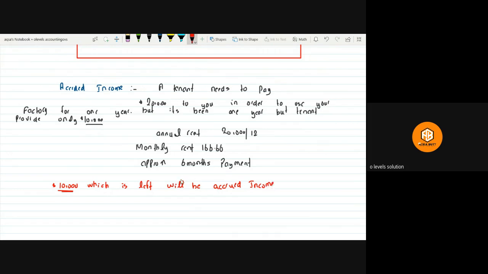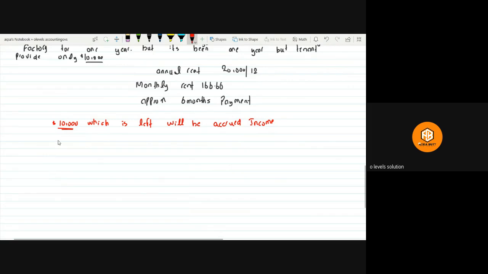It means that the year has passed, you have given the service as well, but you haven't received the amount. Maybe full amount, maybe half of it, whatever. So what does it mean, accrued income? In conclusion,